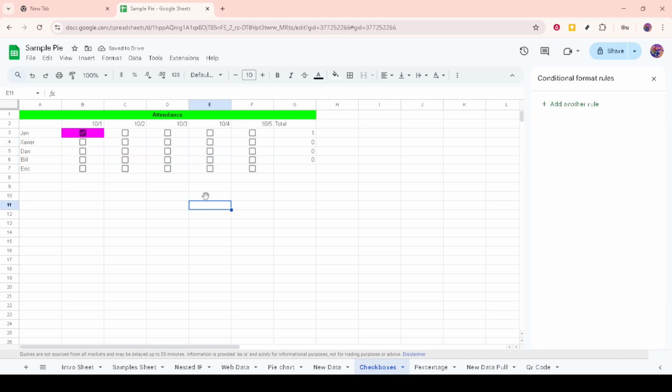And there you have it. From now on, whenever you check a box in your selected range, the cell will change to the color you specified. This visual change can help make your Google Sheet more intuitive, allowing you to quickly assess the status of tasks or items in any workflow. With these steps completed, you're all set to manage your information in a more visually organized way.